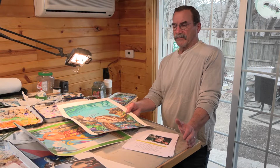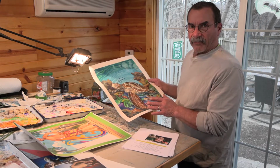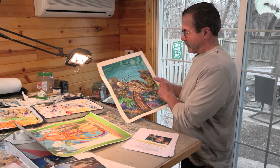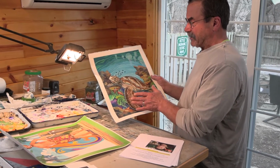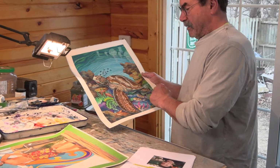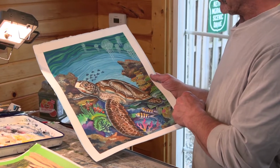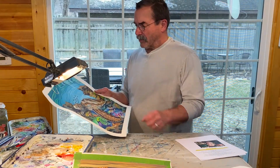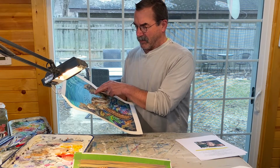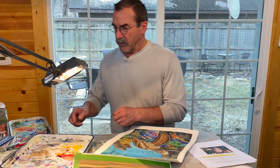The beauty of working on a book like this is I learn a lot, because I have to research this stuff so that I know I'm painting the details on a hawksbill turtle correctly. They're really elaborate, beautiful animals with this elaborate pattern. I have to research not only the turtle, but his surroundings. I want to make sure I've got the correct kind of fish and coral in the background. The author has seen this and loved it, but wanted one change, so I am about to paint the silhouette of a second turtle back here. If you'd like to watch me paint that,